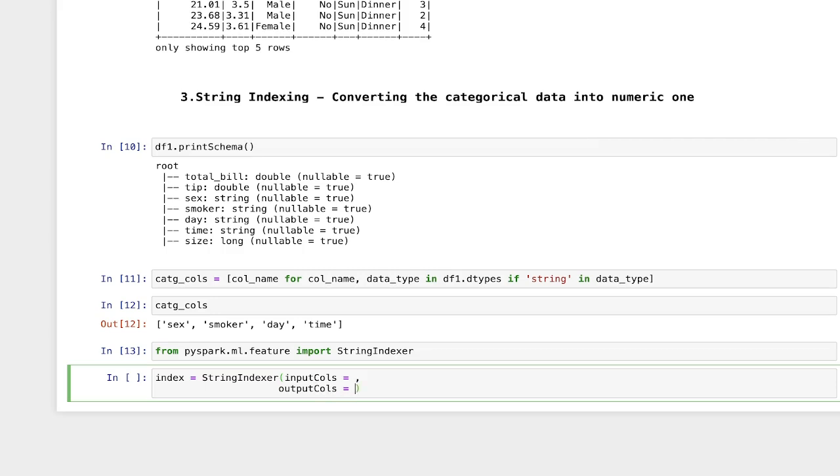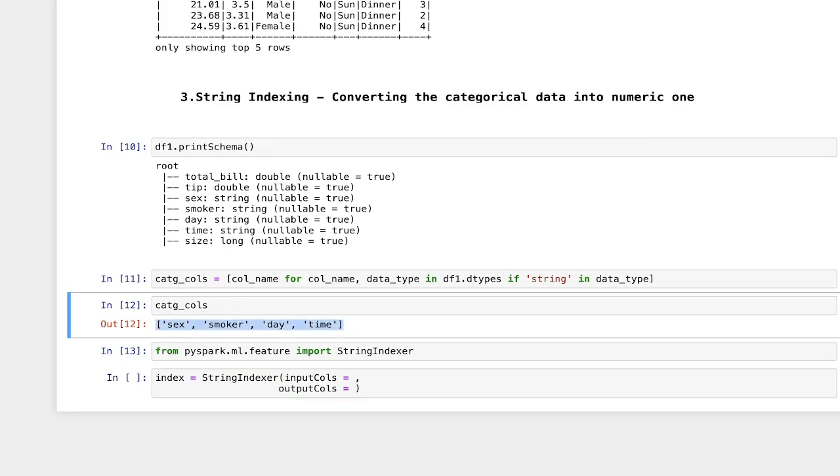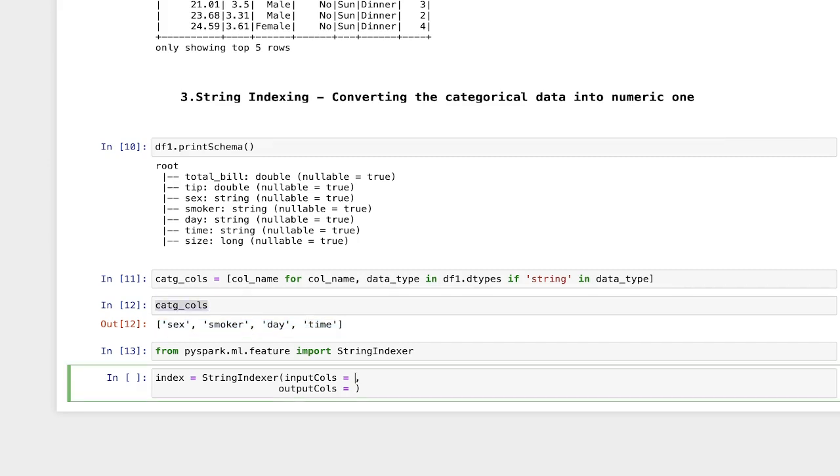So first we will talk about what input columns are. As I said previously, all these columns which are categorical in nature will be your input columns. So we will pass this list as it is. Be careful that while passing the input columns, the columns should only be passed in list format and no other format. So here let me just say categorical columns. By chance, if you are detecting the categorical columns manually, then first convert those columns into list format and then pass that list. So we are passing this list of categorical columns as our input columns.